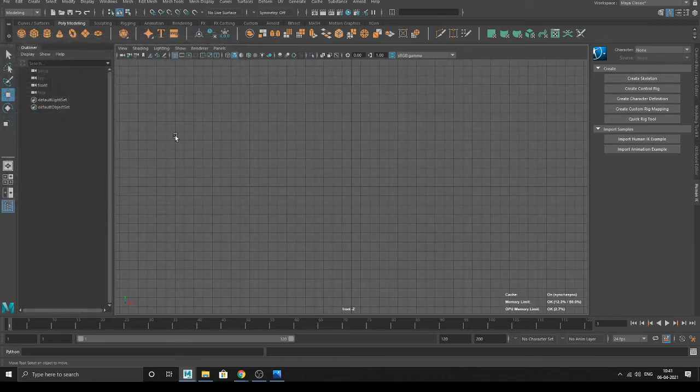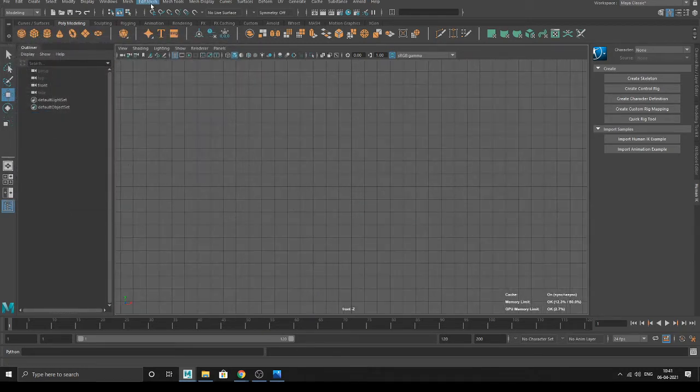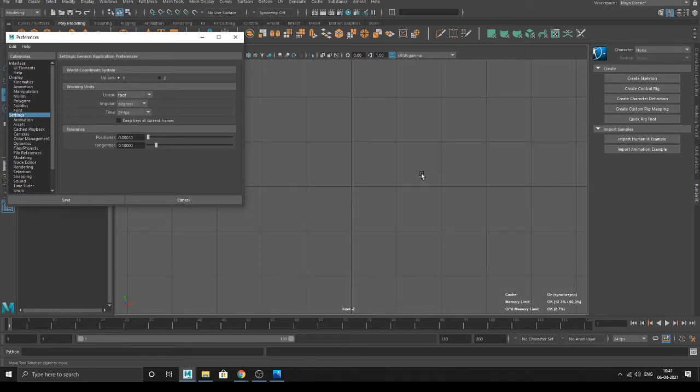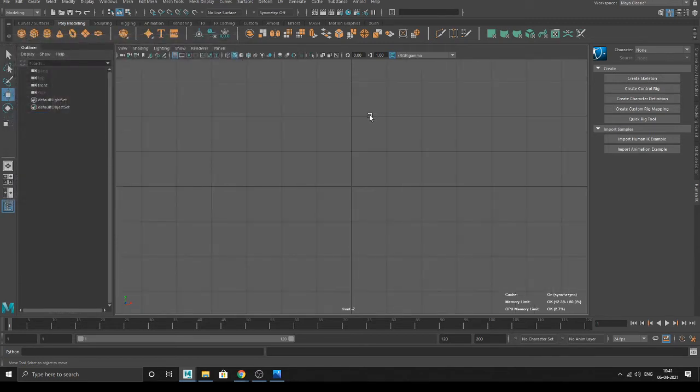Let's change it again: Windows, Preferences, Settings, and choose foot. When I change to foot, you can see the boxes became enlarged. The box size increased, because it changed from centimeters into feet. Now from here to here, it is 1 foot. Then save. And if you take a cube now, this cube will be 1 by 1 foot.